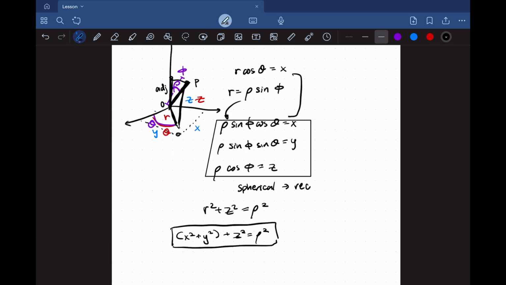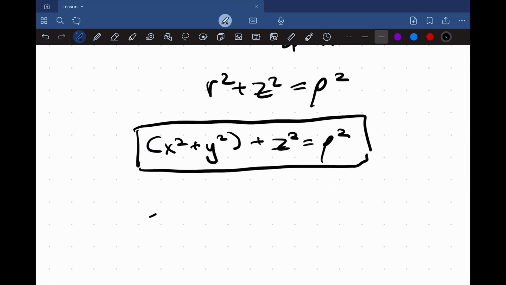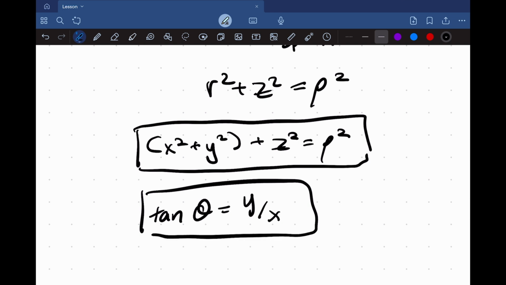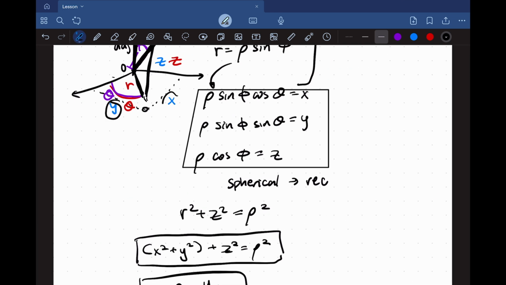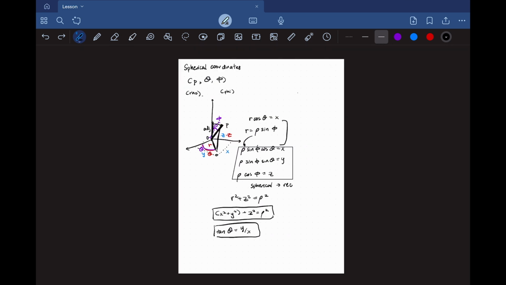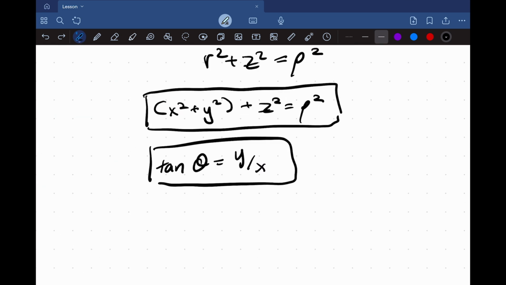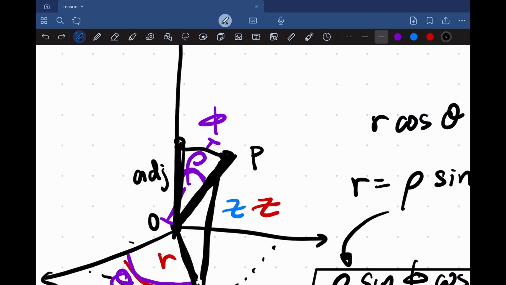Next, we want to find theta. We already know that from cylindrical. So tan theta is equal to y over x. Using this right triangle over here, focus on these blue numbers, y over x, arctan, that's how we get theta. We already discussed that, so I won't go deep into it. But now I'll be going into how we get phi. So using this right triangle over here,